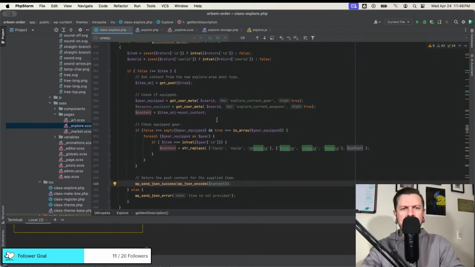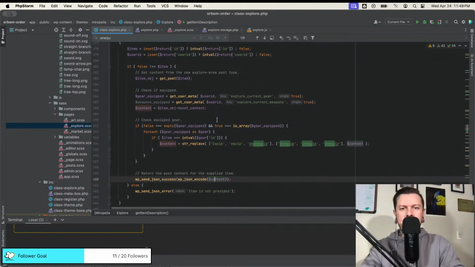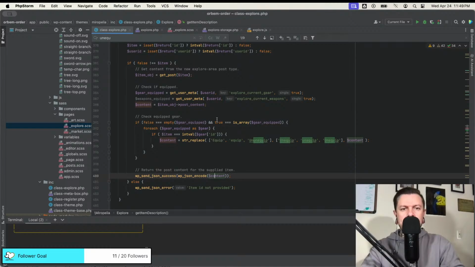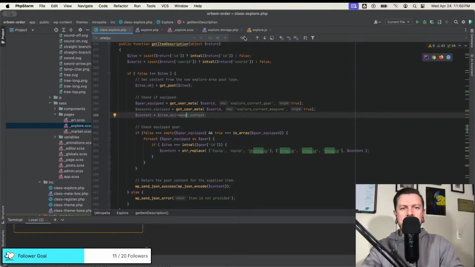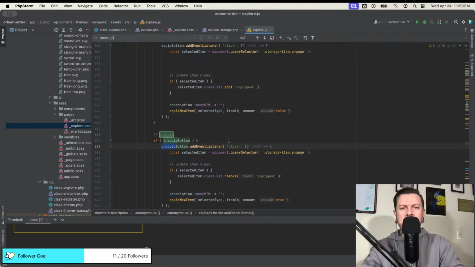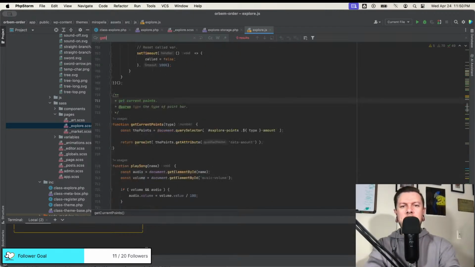Am I getting type randomly? No. I guess I'm gonna have to get the current item's type. So I'm getting the item object, which is giving me the content, but now I need to get the type. Should I just pass it type? What is this? Get item description. Get item.